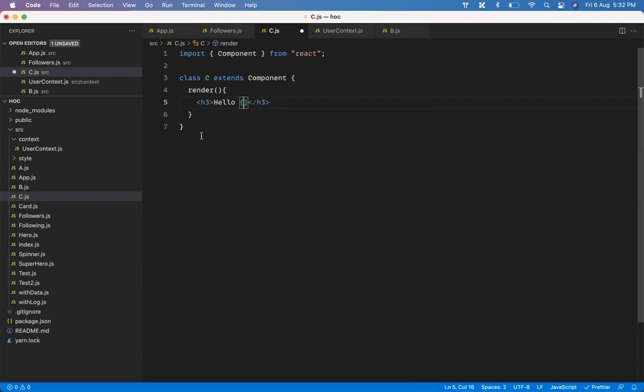And here I need to use that URL. So I just need to export it, export default C, and I need to use it.